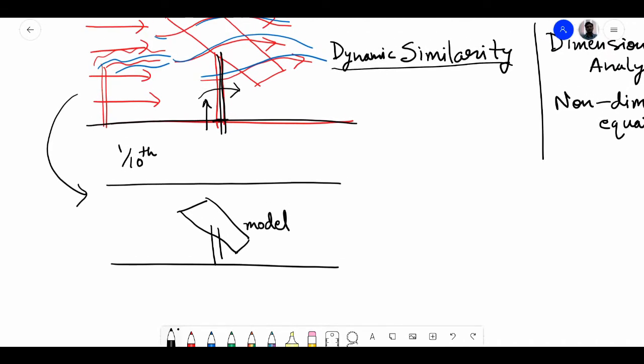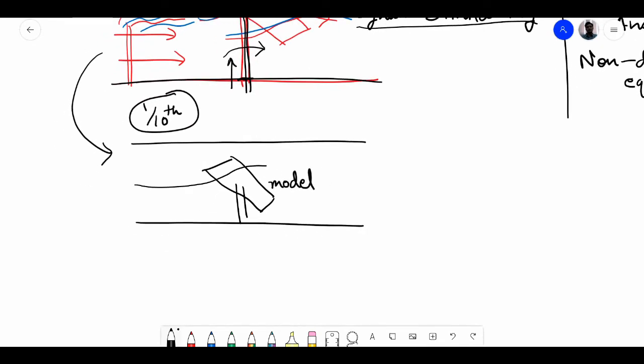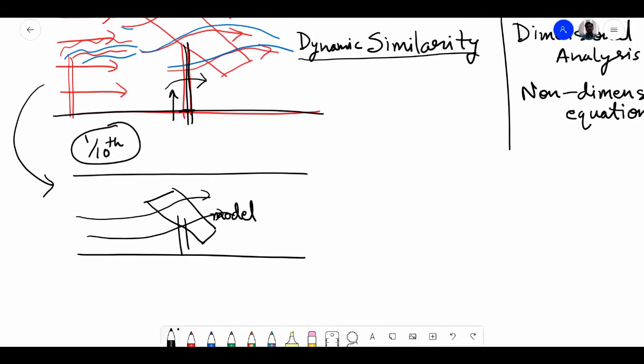Material does not matter for this that much. But yeah, we have to see whether that also affects the flow. Okay. The roughness, the smoothness of the wing surface and all that have to be scaled down to this size. Now this is the model. You can observe the flow over this model, but you have to keep a few things in mind that we'll discuss later on, so that these two dynamics are similar.